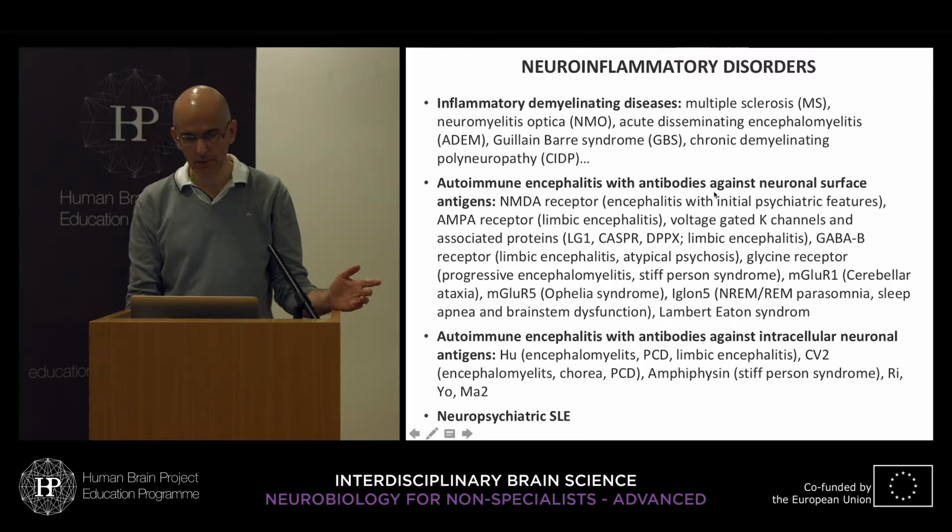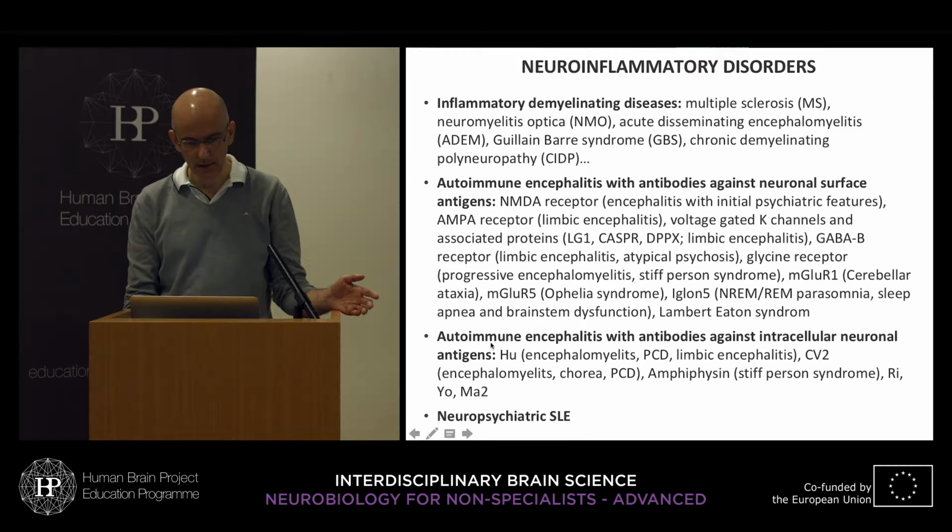Autoimmune encephalitis with antibodies against neuronal surface antigens comprises a variety of rare disorders which are all characterized by specific antibodies against neural receptors, the most famous being NMDA receptor encephalitis, but there are of course many others, as you can see here. This list is ever growing, and at the moment every year 1 or 2 new disorders are